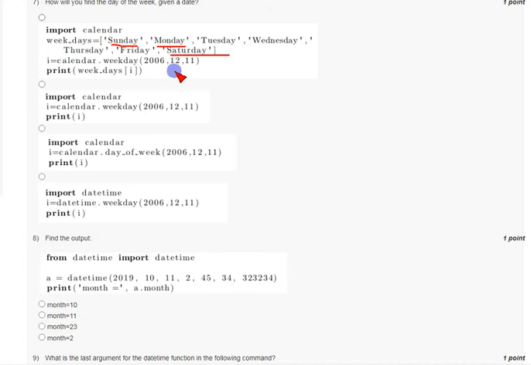And here we are giving a date, that means year, month, and finally the date. So in this format we are giving, and here weekdays of 5. So this means the date here will choose between the weekdays, that range from Sunday to Saturday. So option A, that means first program or first code snippet.